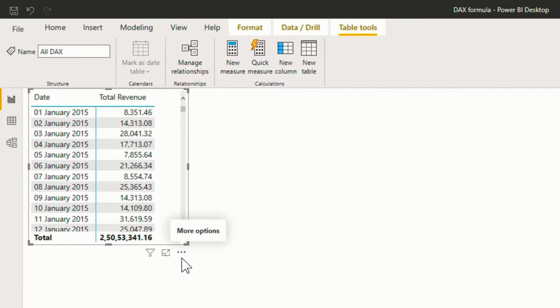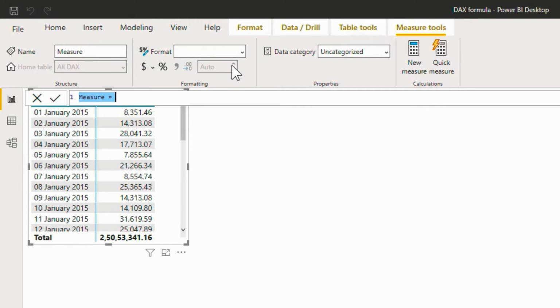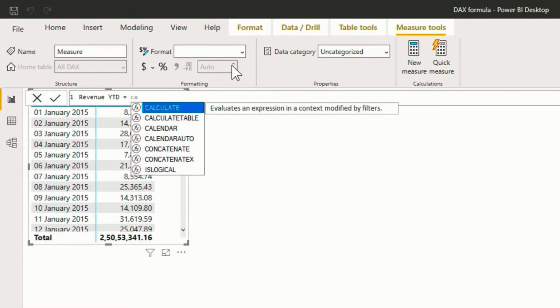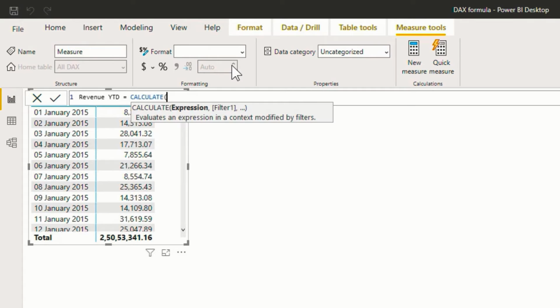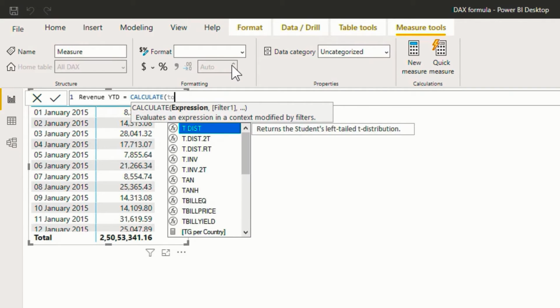Now to perform the YTD calculation, I'll add a new measure. And I will name this measure revenue YTD. And then I'll start with the CALCULATE function. Hit the tab and select this. Now the first argument is expression, and here the expression will be total revenue.